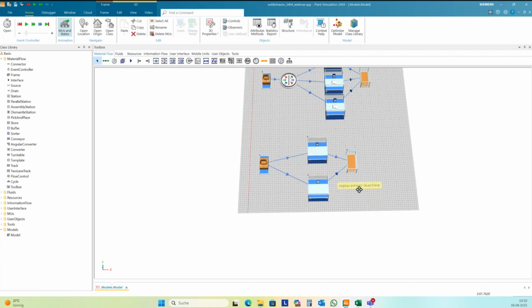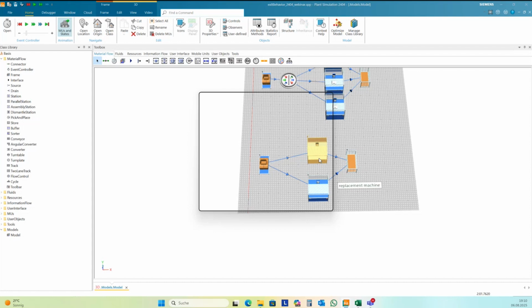And the second should be a replacement machine. This means if the first station is out of order, have a break or a failure, then the second station should run. But normally the complete flow should run over the first machine.